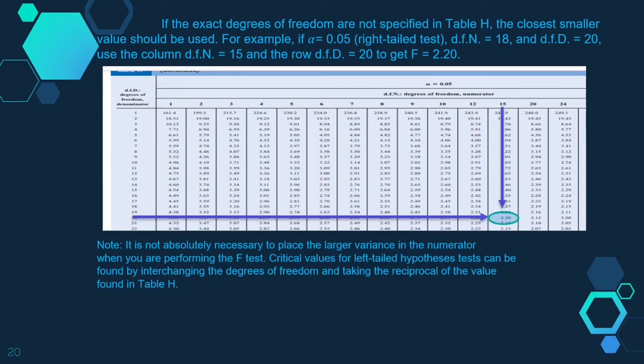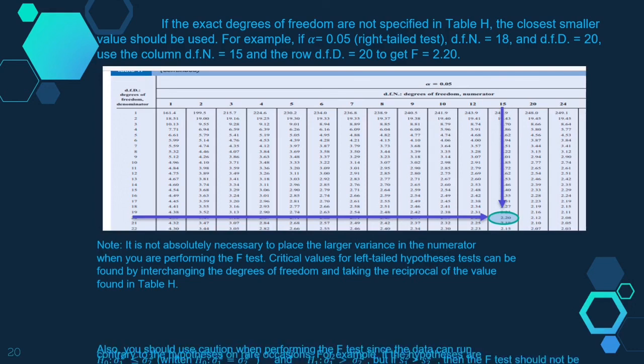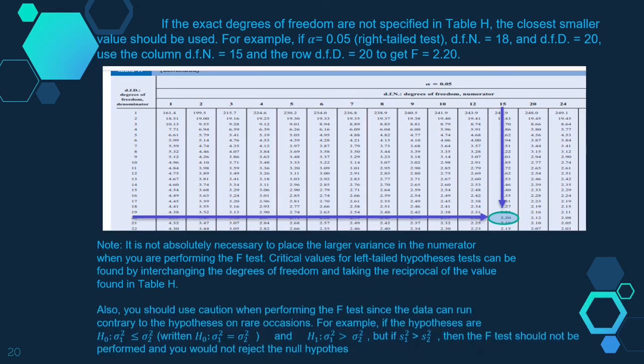Note, it is not absolutely necessary to place the larger variance in the numerator when you are performing the F-test. Critical values for a left-tailed hypothesis test can be found by interchanging the degrees of freedom and taking the reciprocal of the value found in table H. Also, you should use the quotient when performing the F-test since the data can run contrary to the hypothesis